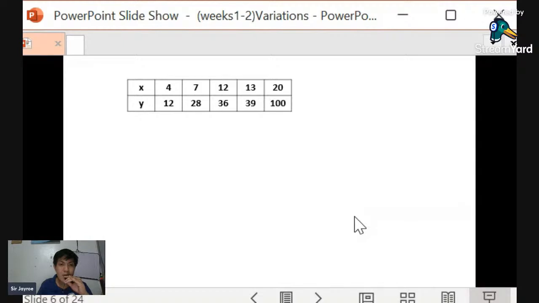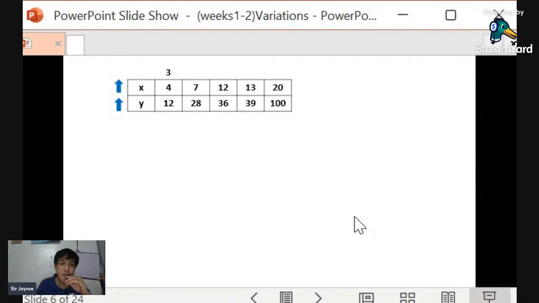So kahit pataas pareho, kasi if we're going to take a look, parehong nag-increase. Diba? The initial reaction for that is, ay okay, direct variation to. Kasi parehong nag-increase. But no, we still need to check for the constant. Very good. So this is not direct. Okay, very good. Natututo po kayo. So parehong nag-increase. Initial conclusion is direct, but that is not the final conclusion. So we have to check for the